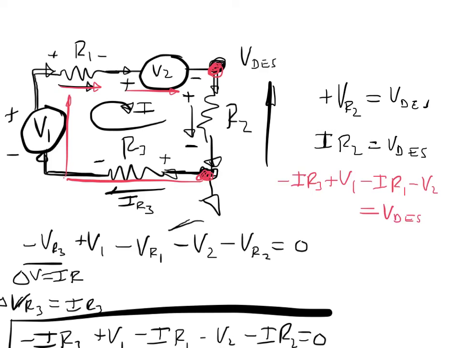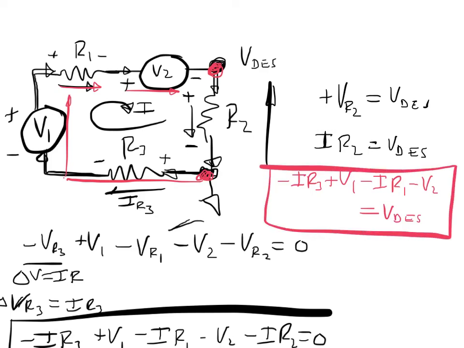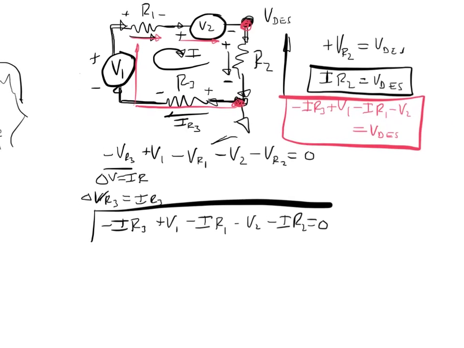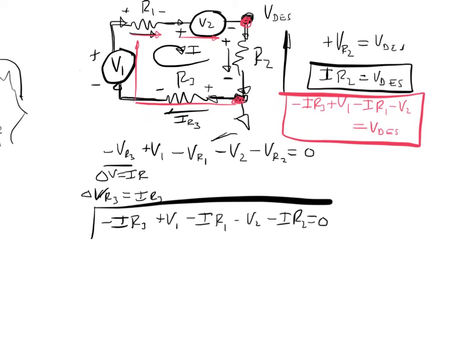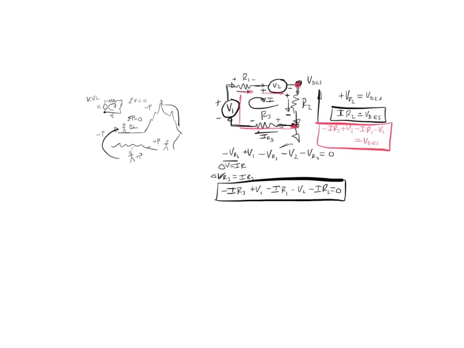And so either one of these equations will solve for V desired and tell me what they are. But again, I'll have to first calculate my current, using this equation here, and then I can plug it into the other two and solve for V desired. I hope this helps a little bit with your understanding of Kirchhoff's voltage law, as well as your understanding